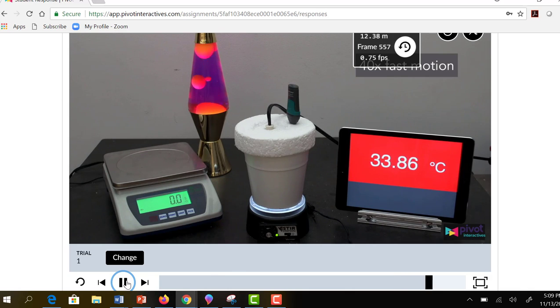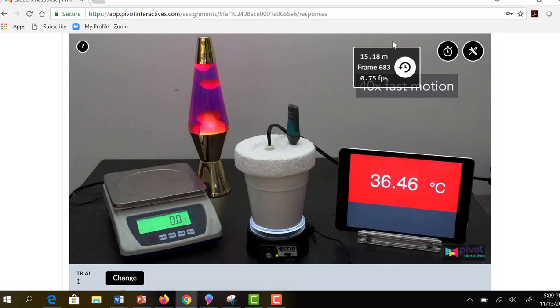And I'll go close to the end here. It's still heating up. I'll stop somewhere there. Okay, so 15.18 minutes, you're going to want to convert that to seconds. I'll leave that up to you, 60 seconds in a minute. So we've gone from the starting temperature, the initial temperature, up to this temperature in a time of 15.18